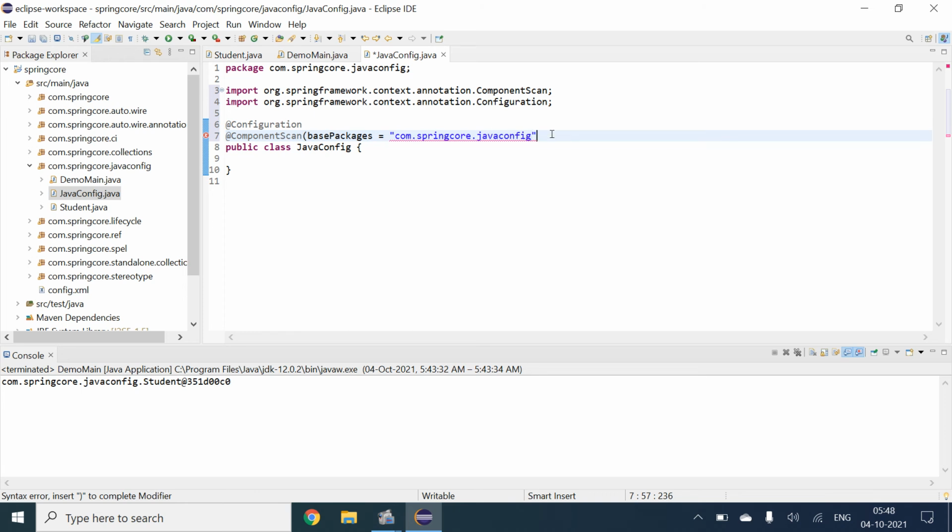Now it will perform all the work which our XML file was doing. Component scan is the basic annotation to scan the particular container, telling it which package to scan. So this is the role played by component scan.